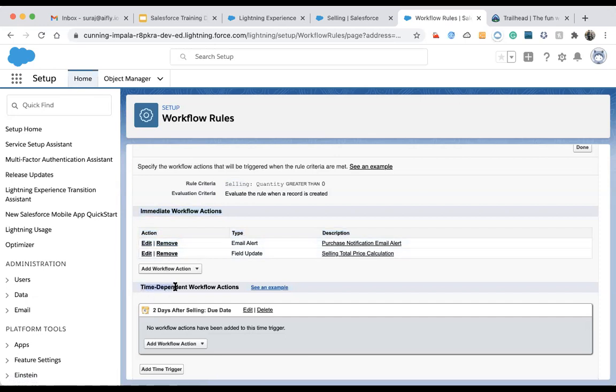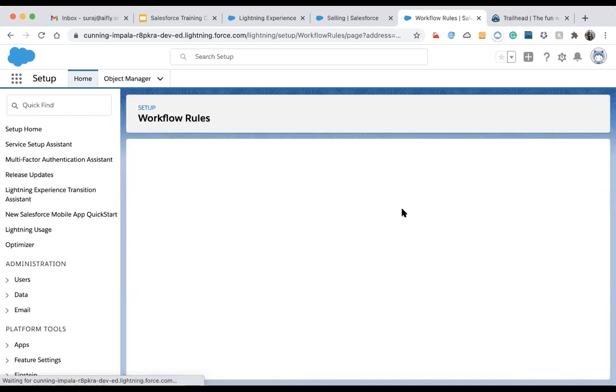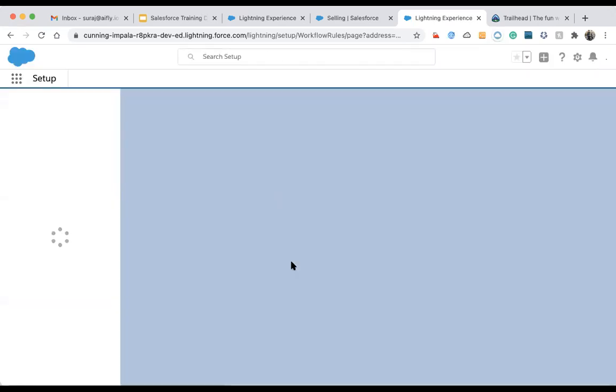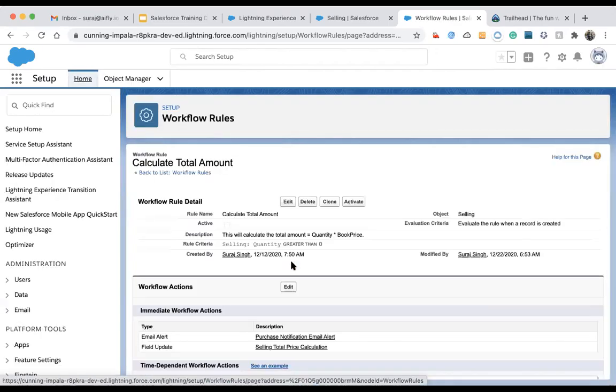And these are future actions, meaning they depend on some field whose value is a date or date-time field. Whenever that time comes, it will fire. The name also suggests what it does: time-dependent, depending on the time. Immediate happens at once, whenever the rule criteria match.